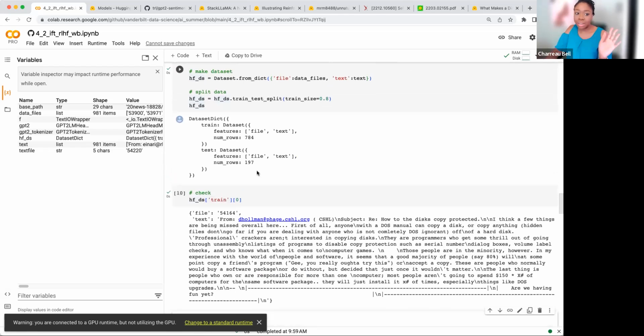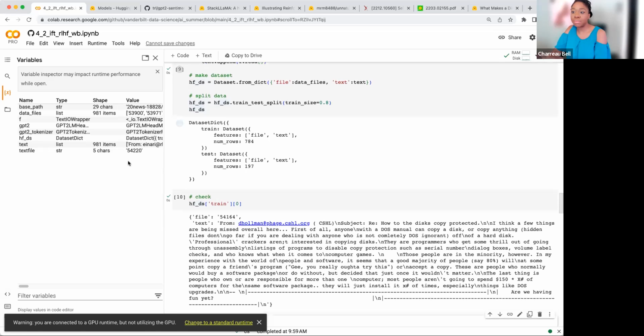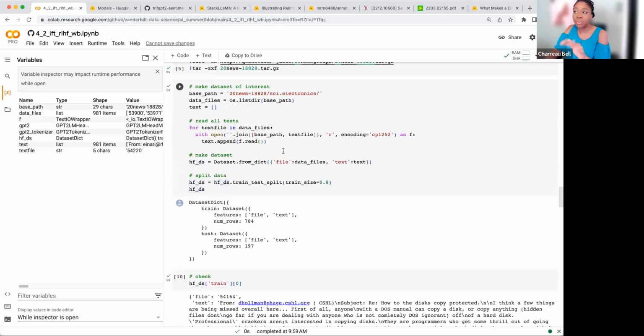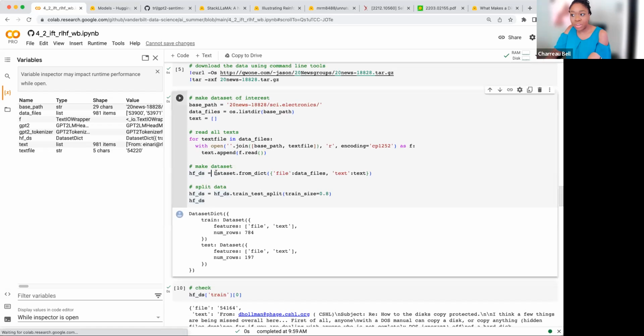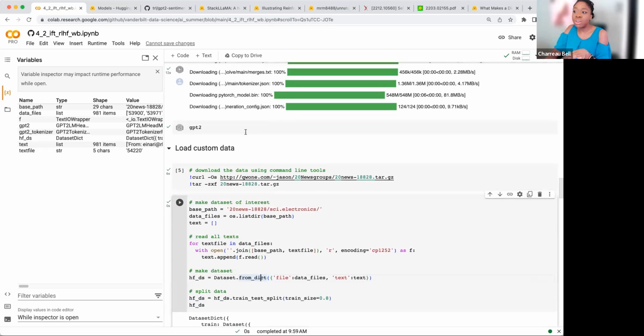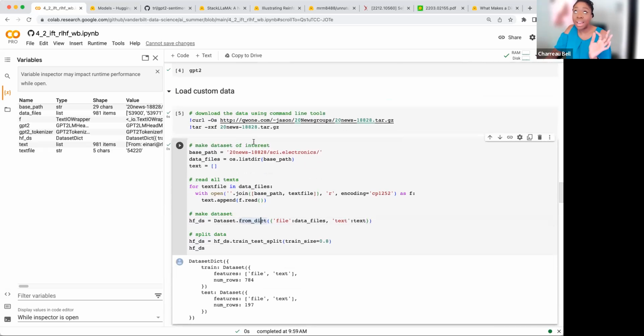If you have your own data, what you need to do is make it accessible in Google Colab. That could mean dragging and dropping it over here. This could mean downloading it, tarring it, curling it, whatever. Then what you can do is just read all of that data. If you have something in a CSV format, you can use different functionality like Dataset.from_pandas, I think, or from data frame or something like that, and you can read it from a data frame. You can also call load_dataset directly, and I think that's why I had it there.